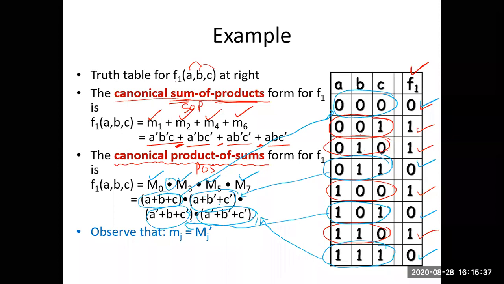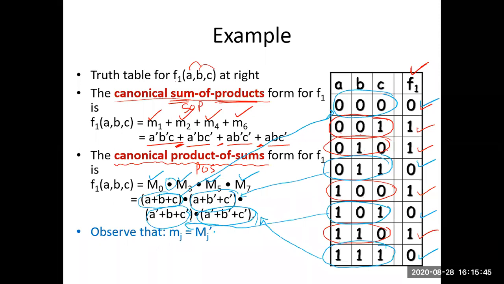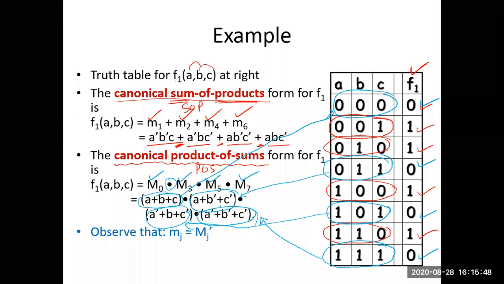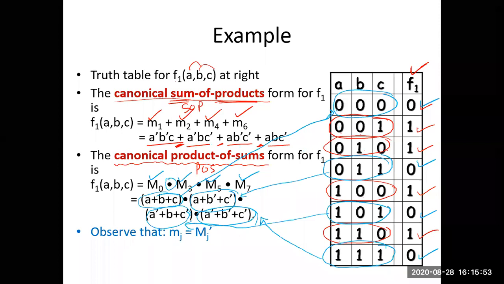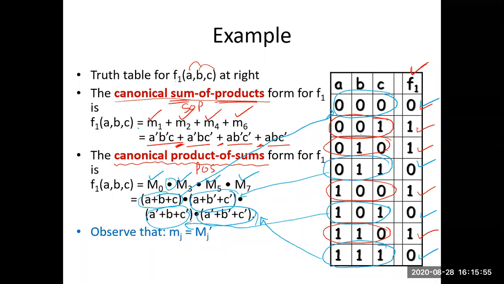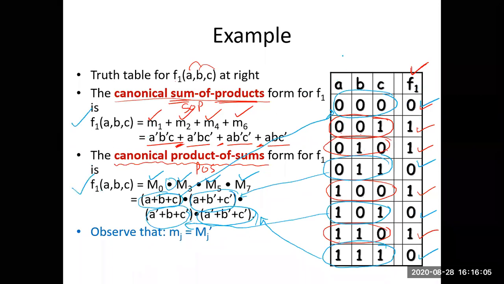Okay, so if I write all the max terms and do the product of all of them, I will get this expression. And these two expressions are identical, because if you substitute any of the possible combinations of A, B, C in either F1 or F2, you will end up with the same values of F1. So for both expressions, whether in this form or this form, you will end up with the same truth table.